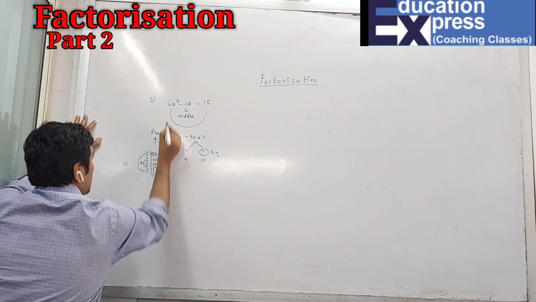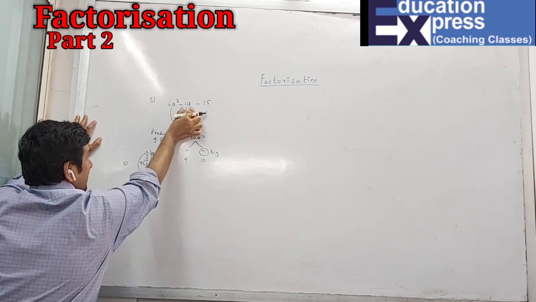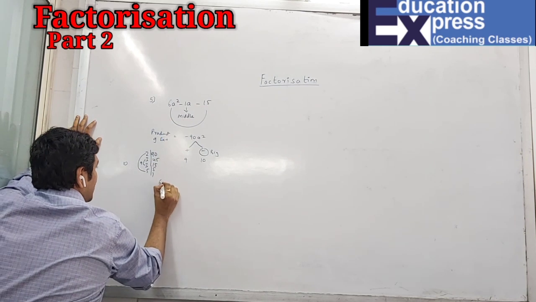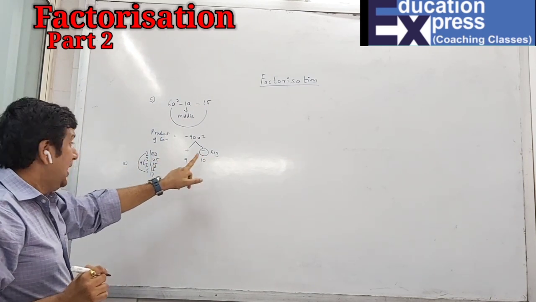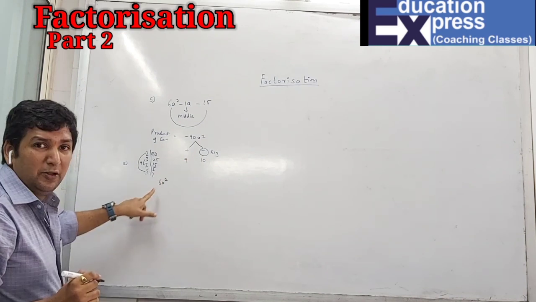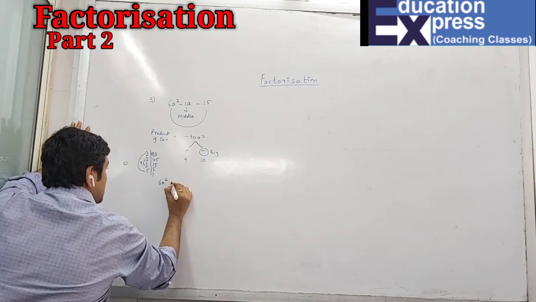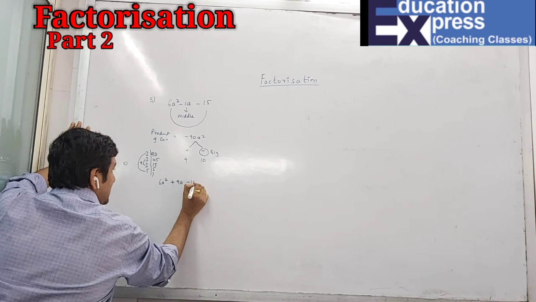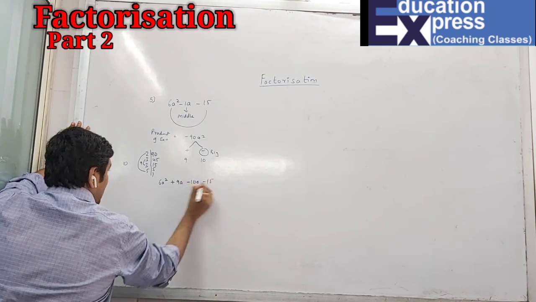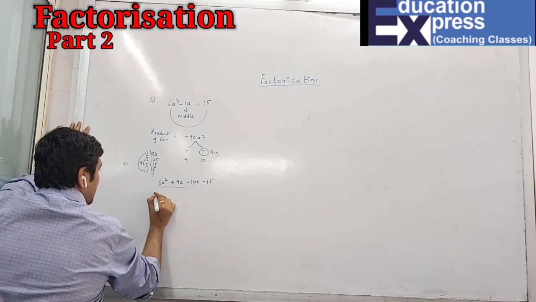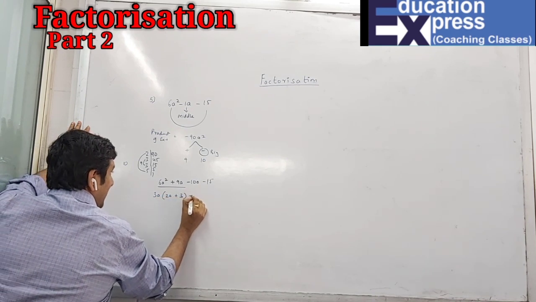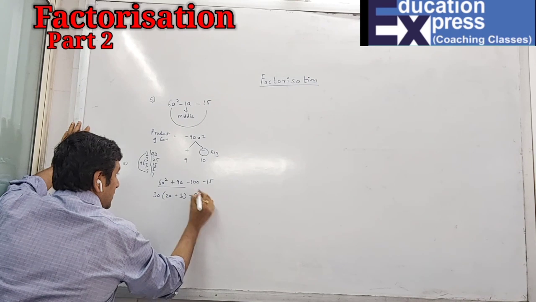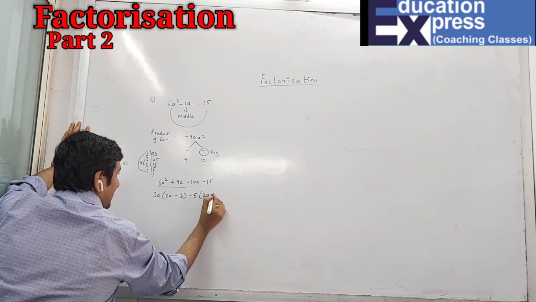So now, as I've told you, except for the middle term, the other terms will remain the same. 6a square. Now I have 9 also, I have 10 also. I'll write 9 next to 3 because they both will go into the 3 table. The sign for 9 is positive, 10 is negative, and then minus 15. So what is common in both? 3a. What is left is 2a plus 3.